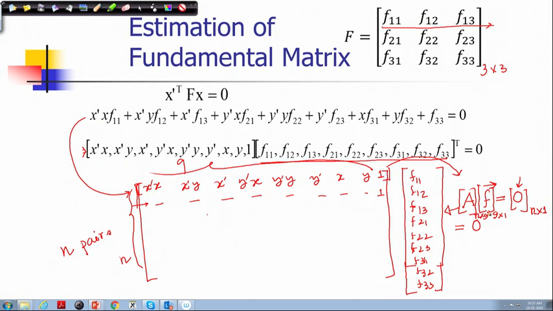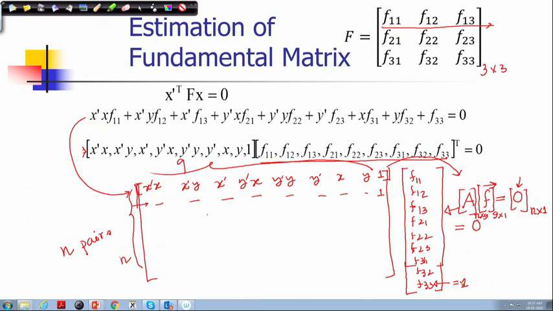However, you can make this equation a non-homogeneous set. Suppose I set this f33 value equal to 1, like we did earlier. One of the values is set to a particular value, because though there are 9 elements,